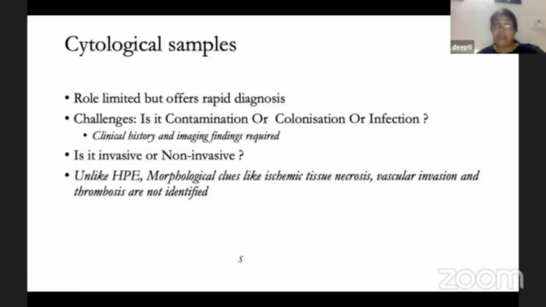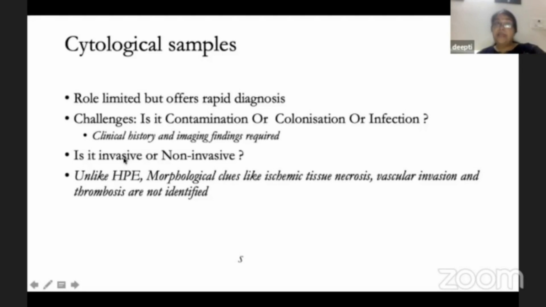Now, how do we process cytology samples? As Dr. Maurya mentioned, all the samples have to be sent in sterile screw cap containers and they have to be processed quickly. Now, centrifuge smears are prepared for fluid samples. The fluid sample can be a bowel fluid, it can be pleural fluid, ascitic fluid, or whatever fluid we receive. We centrifuge and prepare the smears. For sputum samples, we use a technique which is known as the pick and smear technique.